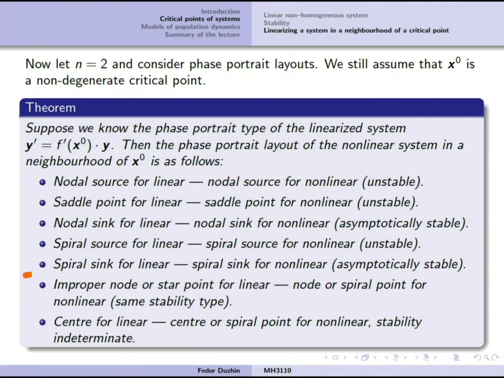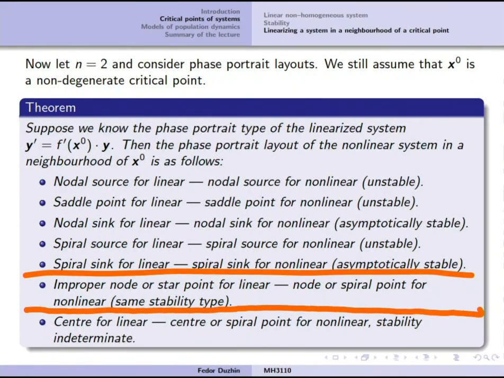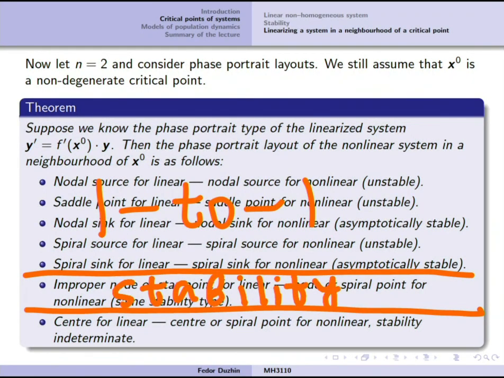So essentially, we have three large classes. Here we have one-to-one correspondence. Here we have, well, stability is the same. Type may be different, but the stability is at least the same. And here we don't know, so it is indeterminate. Anyway, in the next part, I'm going to go through a number of examples, so you will see how this